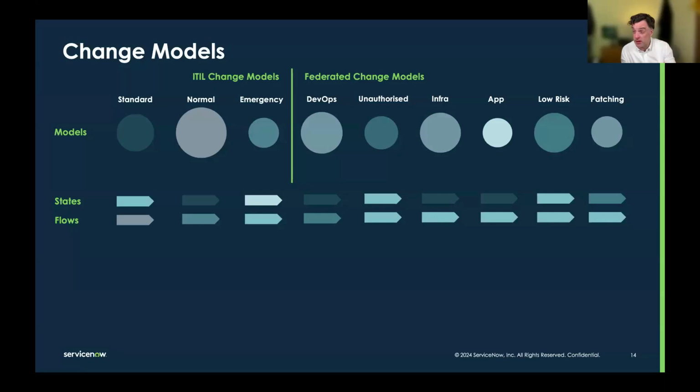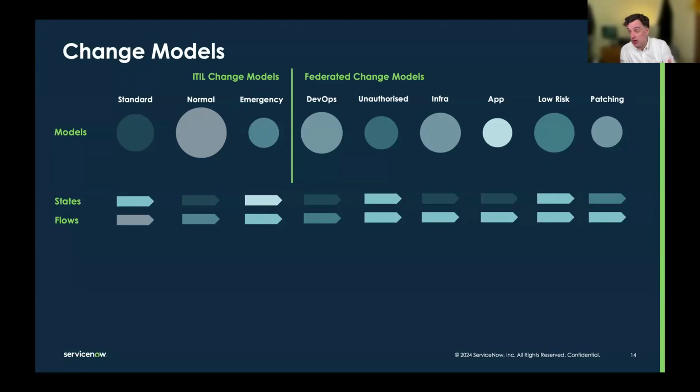And also we have a specific flow for those states. So for DevOps, the way in which the flow works, you'll have a DevOps flow or a set of DevOps flows, which will allow you to be very specific about how DevOps runs. It's not using the normal change flow. It's using a specific DevOps flow, which means when you want to do DevOps or when you want to alter how DevOps flows, you don't need to change the normal change flow, which is a big activity, a risky activity, complex activity.